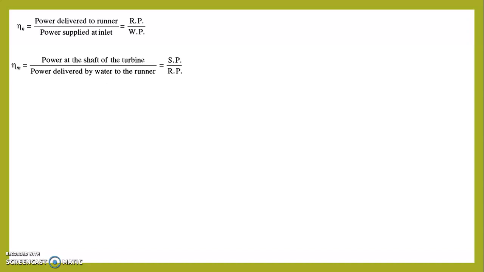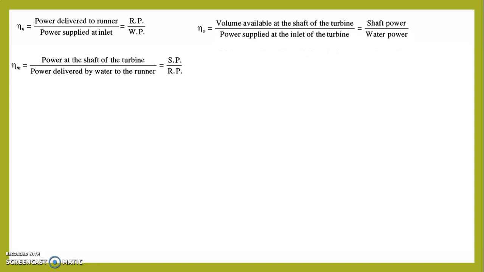So the next thing we will be dealing with is the overall efficiency. We have started the power from hydraulic and we end the power at the generator. So the ratio between the starting and the ending is called the overall efficiency. In overall efficiency, the denominator will be the power given to the runner, that is the water power, and the numerator will be the power obtained or given to the generator, that is called the shaft power. So overall efficiency is the ratio between shaft power and water power. Okay, all these things relate to turbines.